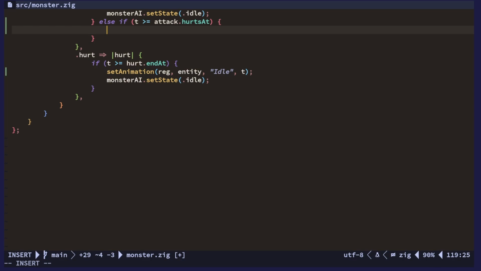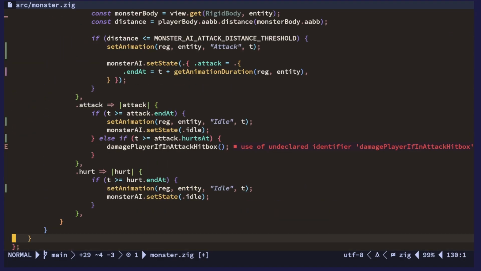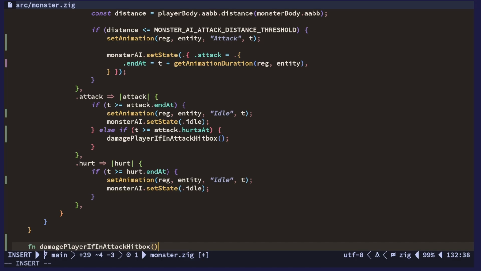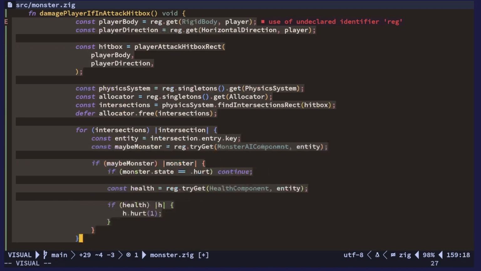So let's do hurt, like damage player if in hitbox, attack hitbox. Okay, so let's make this as a function here. Damage player. Okay, we'll put this in here, and we will